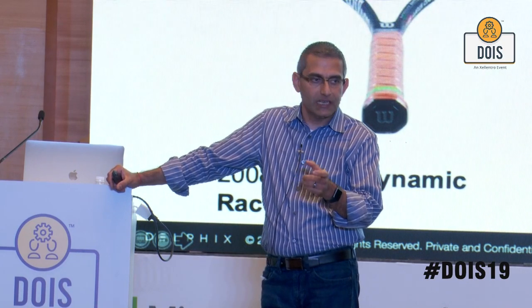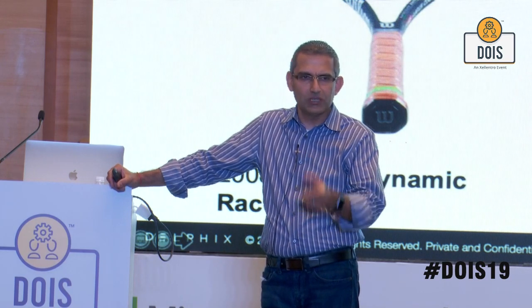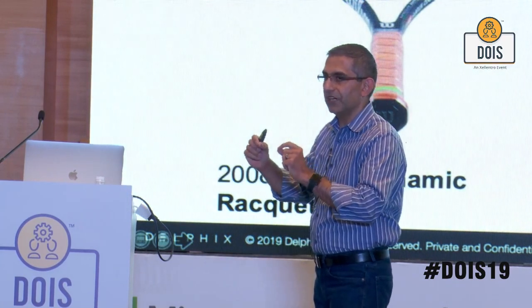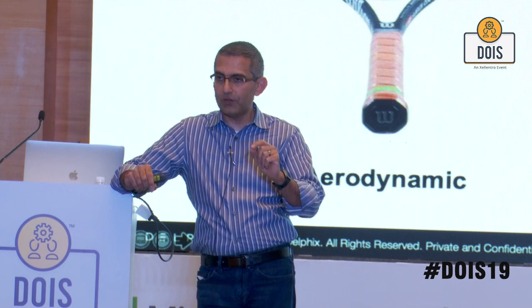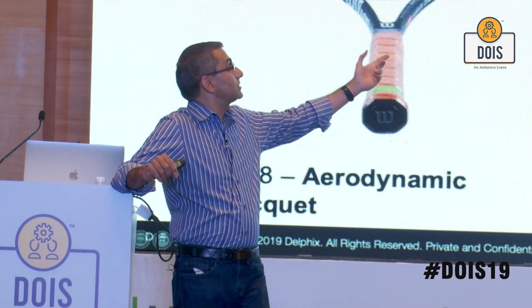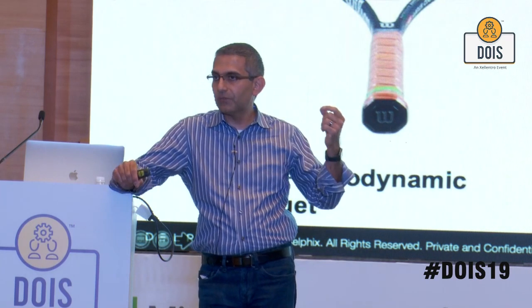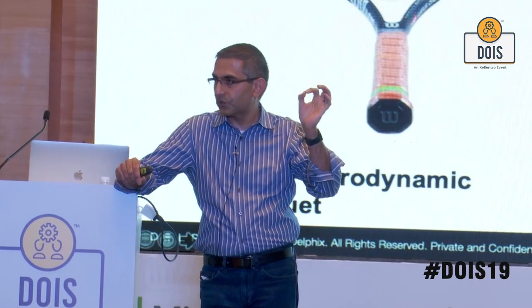In fact, the first racket I ever picked up was my dad's tennis racket, and it was a heavy laminated wood racket. You didn't need to go lift weights, you just played tennis. The strings were actually made of cat guts. So cat intestines were what made the string. In fact, I've been told that you can still go to a company called Babolat, and they'll sell you cat intestine strings. Then came steel rackets, then graphite rackets in the 90s, and today we have composite rackets with multi-filament strings where you can adjust the tension down to a pound per square inch.